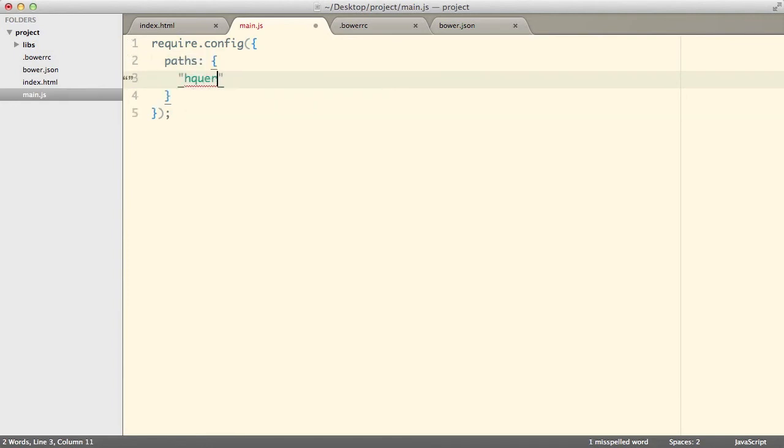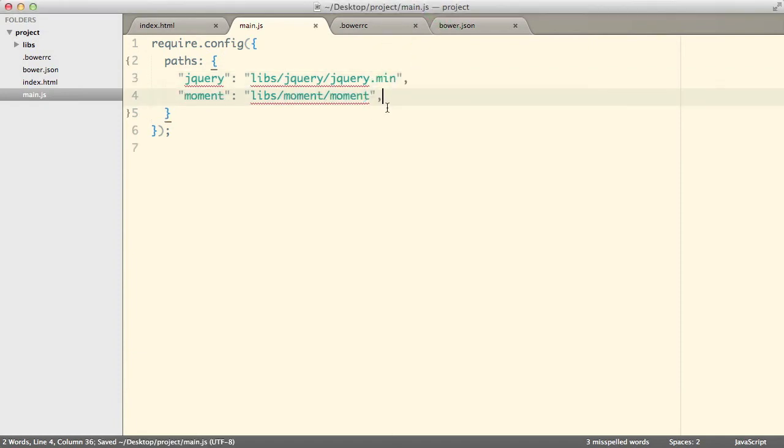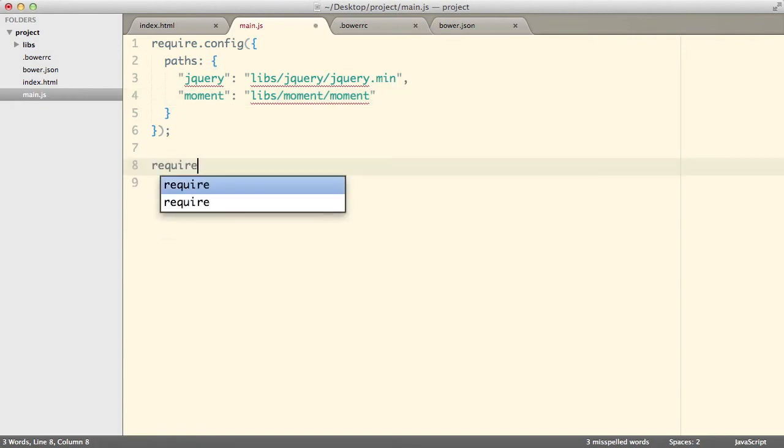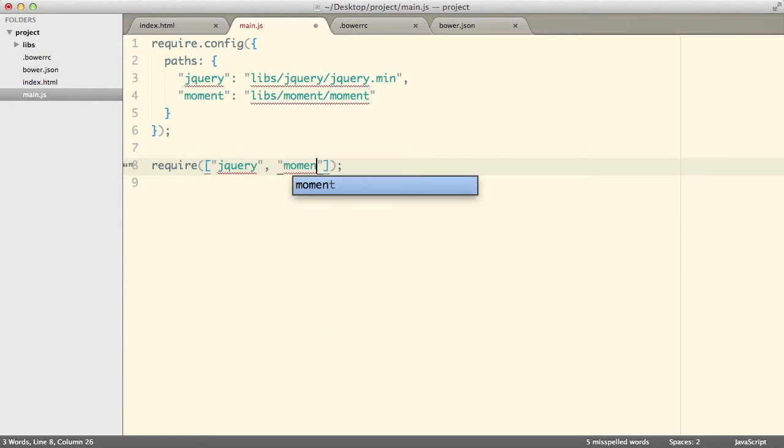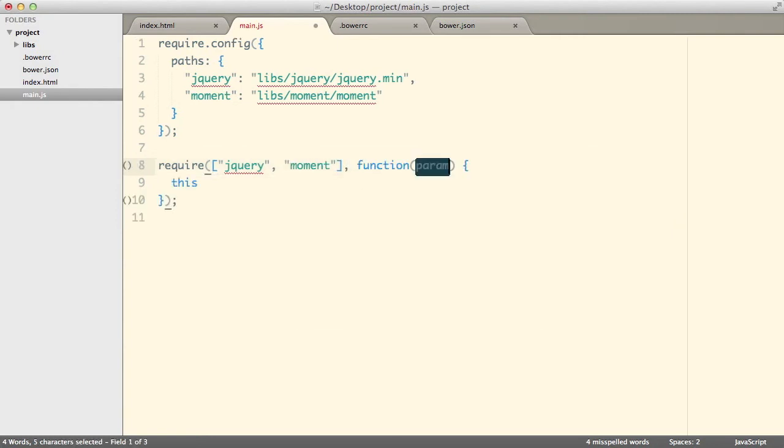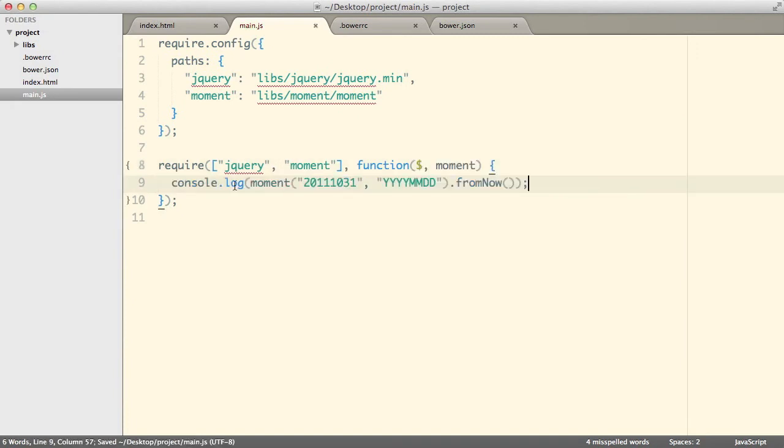As you notice, the first one is jQuery, jquery/jquery.min. Now we do not need to include the .js. Similarly, we will also include moment.js. Next, we will require them. So firstly, we need to define all the dependencies. So the very first one is jQuery, and then the next one is moment. And the second parameter is actually a function, and this function will pass in the modules, and I will basically